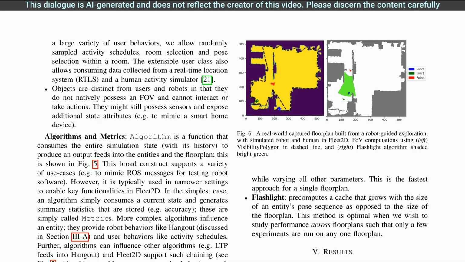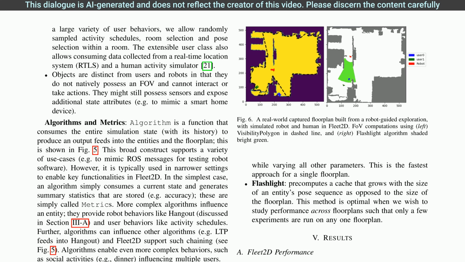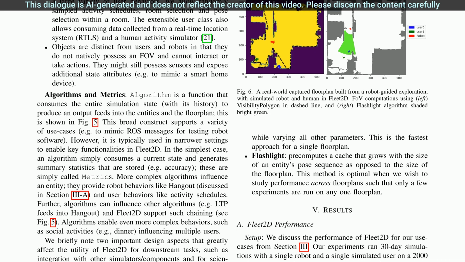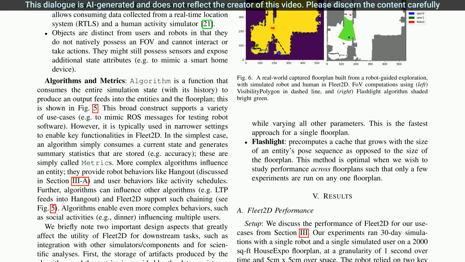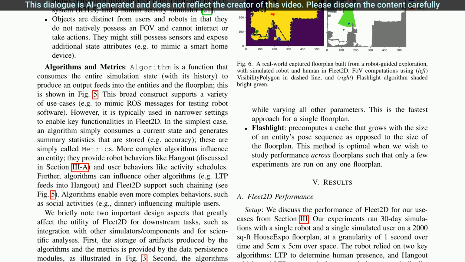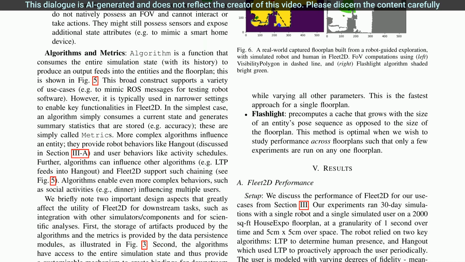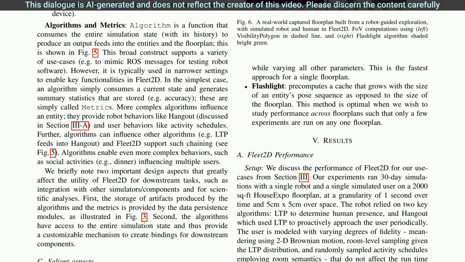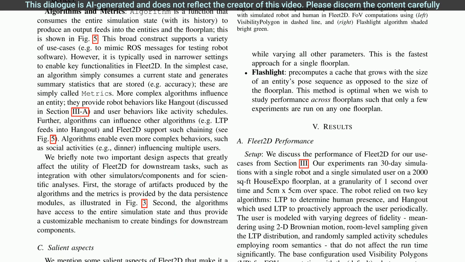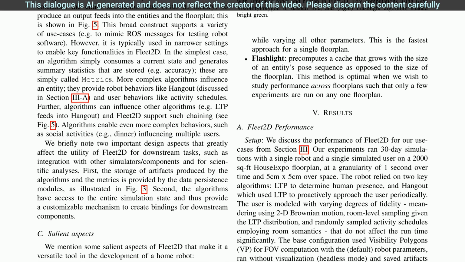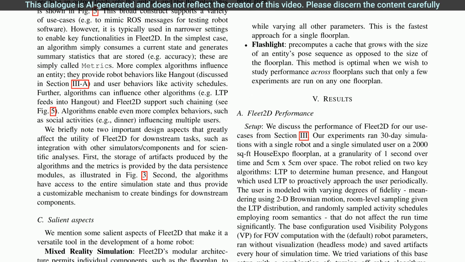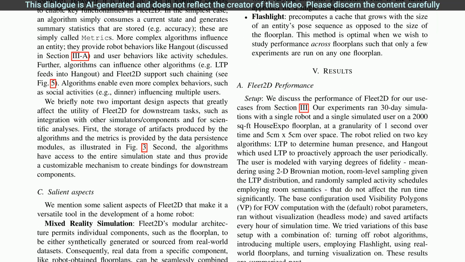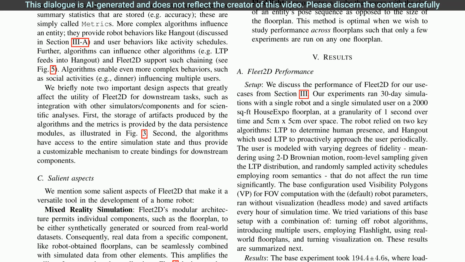In Fleet2D, those modules include things like floor plans, entities which represent robots and humans, algorithms for controlling behavior, and metrics for evaluating performance. So instead of being stuck with a fixed set of options, researchers can mix and match these modules to create custom simulations that are tailored to their specific needs. That's awesome. It is. And this flexibility is one of the key reasons why Fleet2D is such a powerful tool for research and development. It allows researchers to explore a wide range of ideas without being limited by the constraints